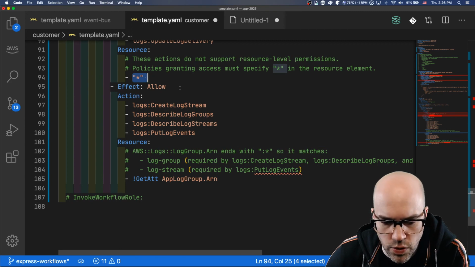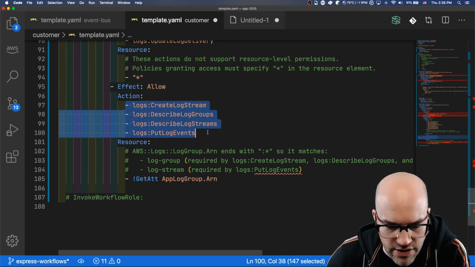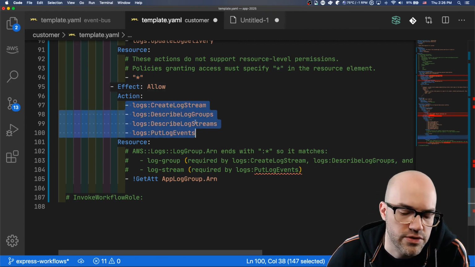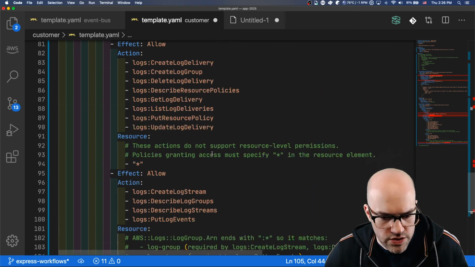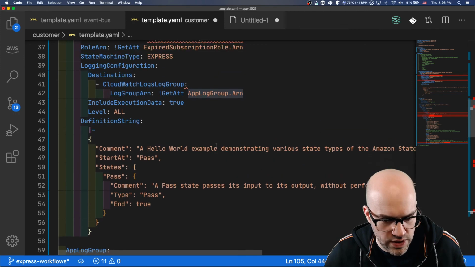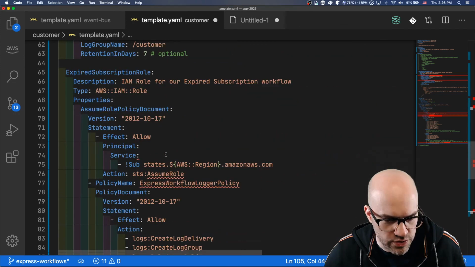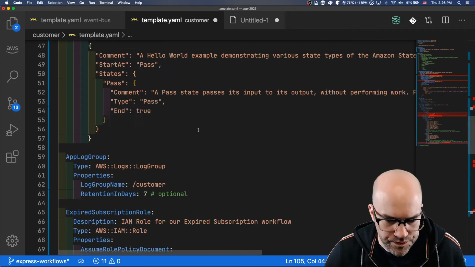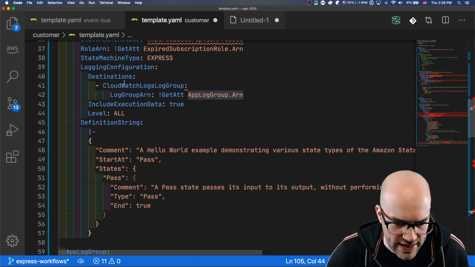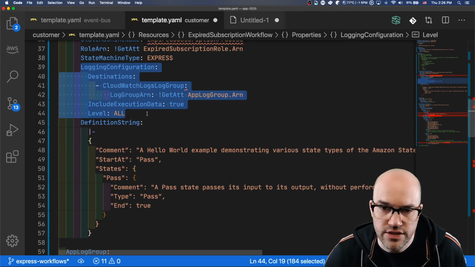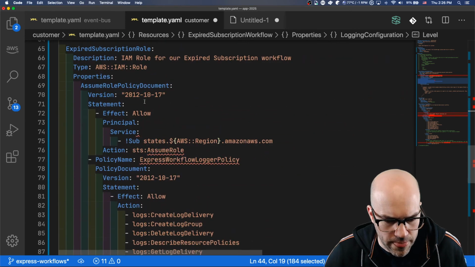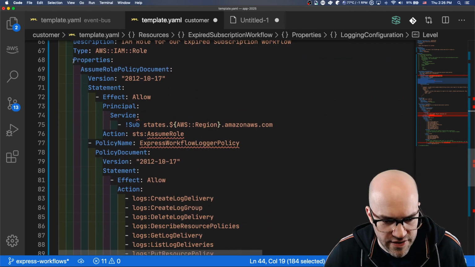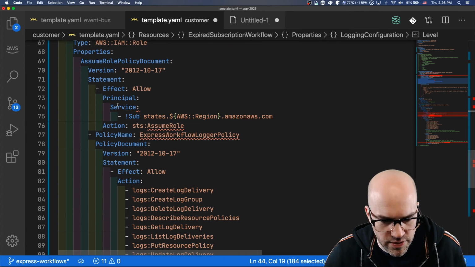Technically, all of these will work with star, but these allow you to limit your actions even further, so we can only do them to our log group. So that's what I've done here. So the steps to get logging enabled, I guess first would be to create the log group. Second, create the logging configuration so that your workflow writes to that log group. And third, add this policy available from the docs